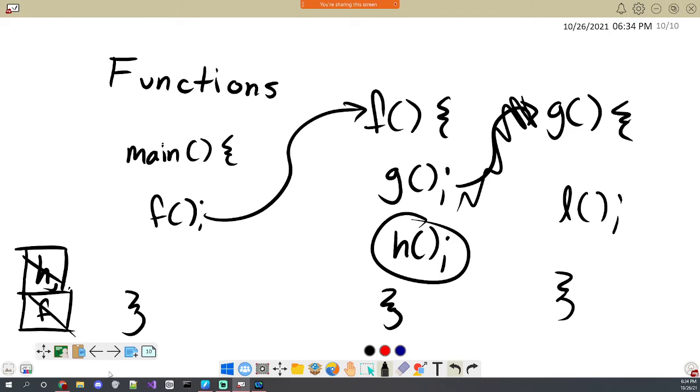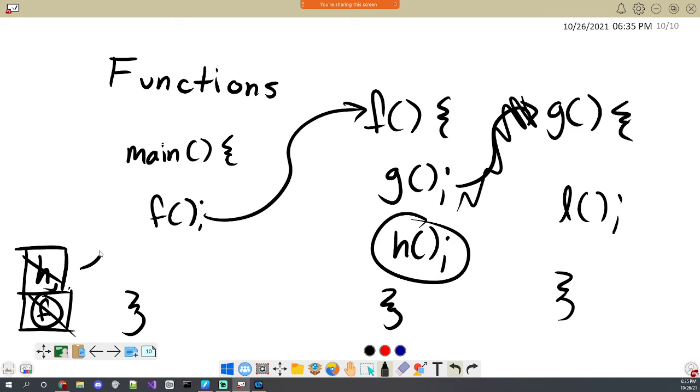So you can kind of see here that when you do a function call, that also keeps some sort of historical record about the order that the functions were called in and where they came from, right? So if f is at the bottom, it tells us that f was the thing that started doing all these calls, which is why if you use something like Valgrind, or just some general debugger and your program crashes, it's going to give you something called a call stack, which is just going to show you the order that the functions were called in before your program crashed. And that's all this call stack is doing, it keeps a record of all of these things. It keeps historical data, along with some other things.